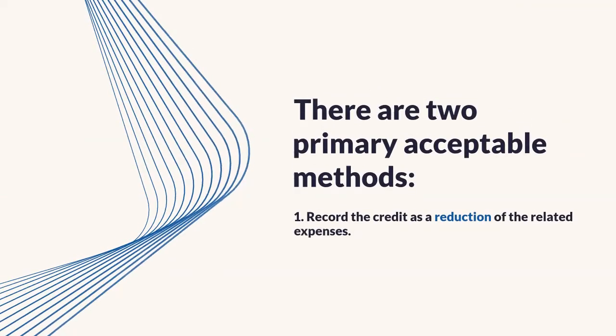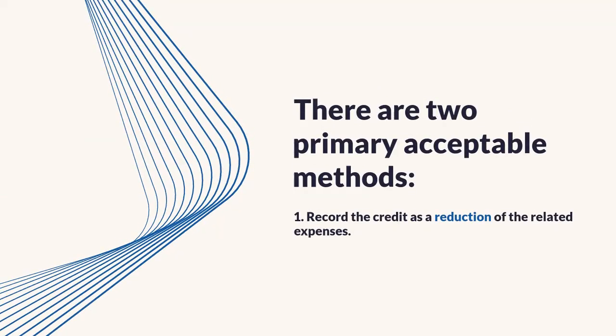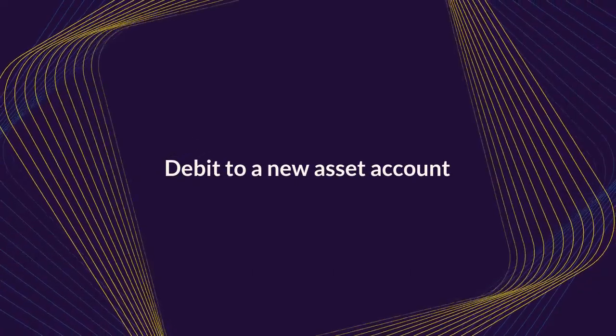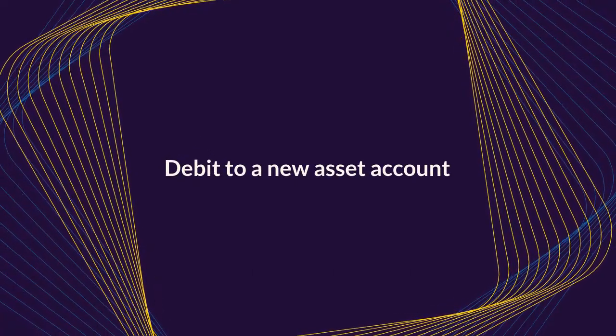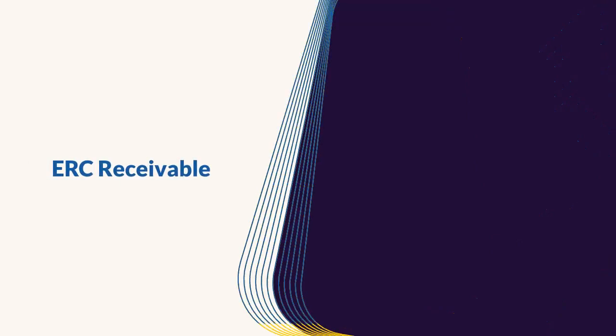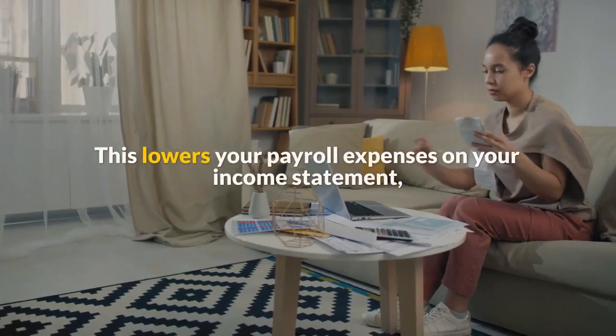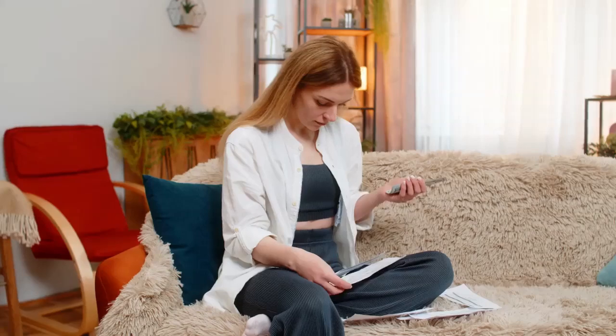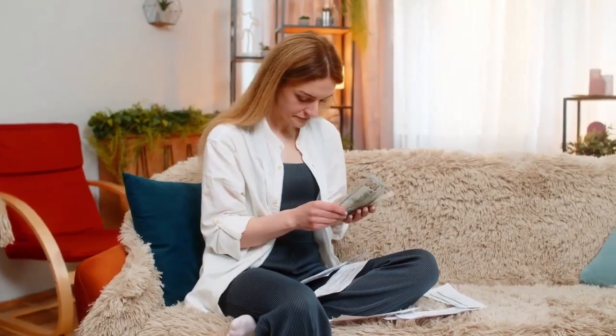There are two primary, acceptable methods. The first, and most common, method is to record the credit as a reduction of the related expenses. Since the ERC is tied to qualified wages, you would credit your wage expense account. The journal entry would be a debit to a new asset account, let's call it ERC receivable, and a credit to wage and salary expense. This lowers your payroll expenses on your income statement, which makes logical sense because the credit is designed to offset